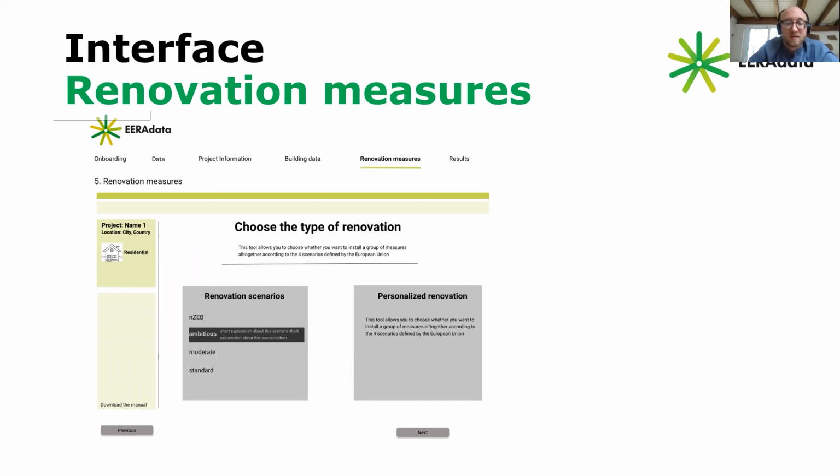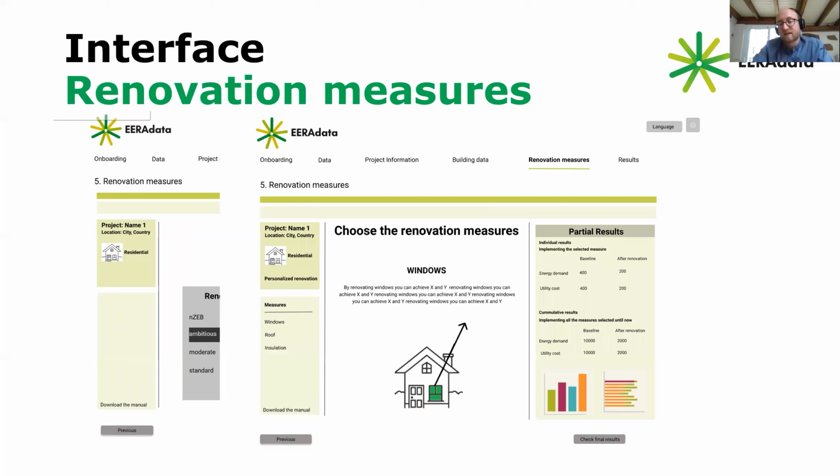One option would be you select the renovation scenario overall. So you say, okay, I don't want to care about renovating a window or renovating the envelope. I just want to put one standard over the whole building, like an ambitious renovation, moderate renovation, or even nearly zero energy building renovation. And then you have the chance to make a personalized renovation, which is also available only in the expert mode. And you can select single parts of the building compartments and renovate them or put your own standards that you want to apply.